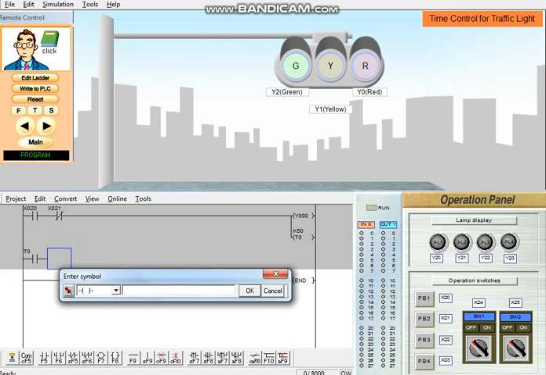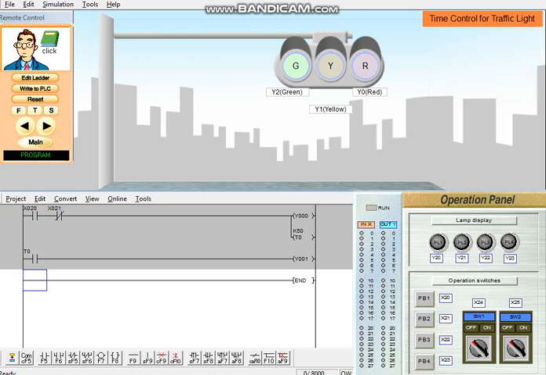Then Y1, should be Y1, so meaning to say after 5